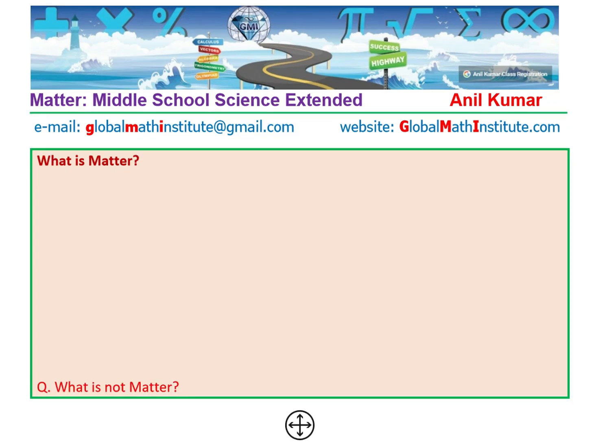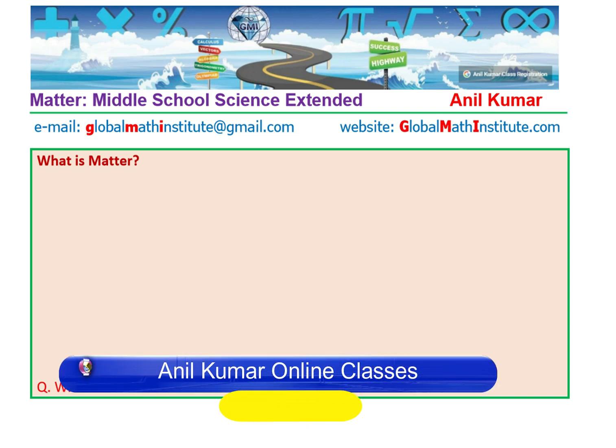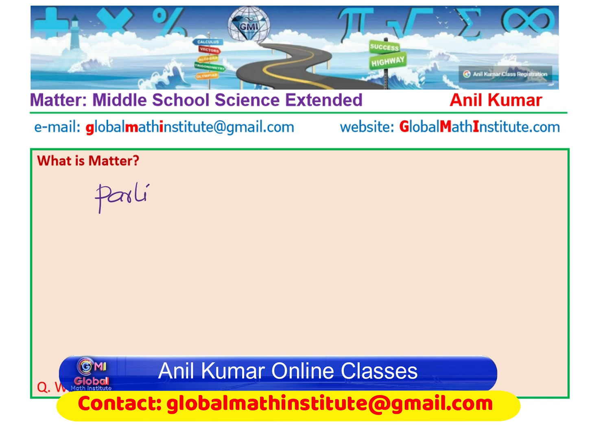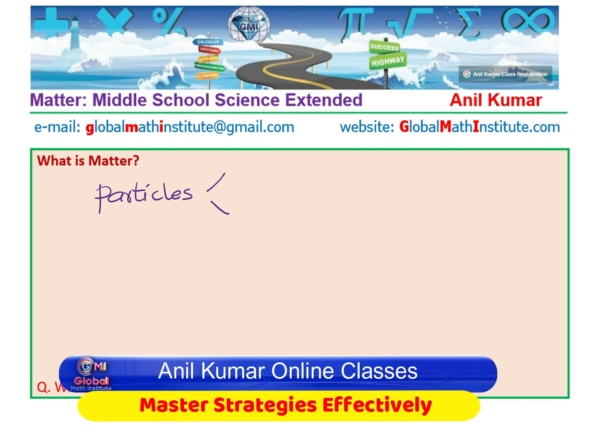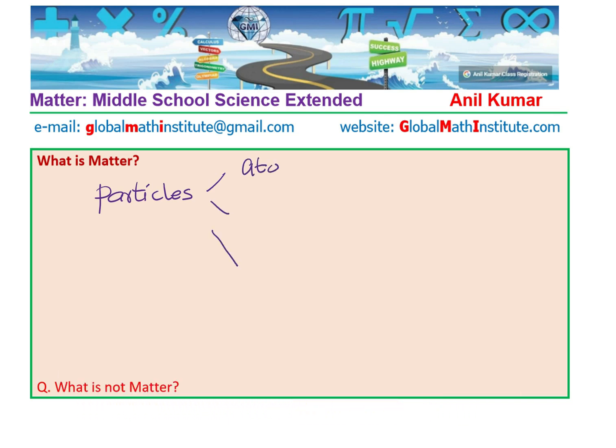So coming back to this, what is matter? Matter is made up of particles. Now, these particles are combinations. Sometimes it could be atoms, sometimes it could be ions, sometimes it could be molecules and their combinations. So, these are the particles. When I say particle, we may mean atoms, ions, and molecules. So, that is what we are constituting as matter.